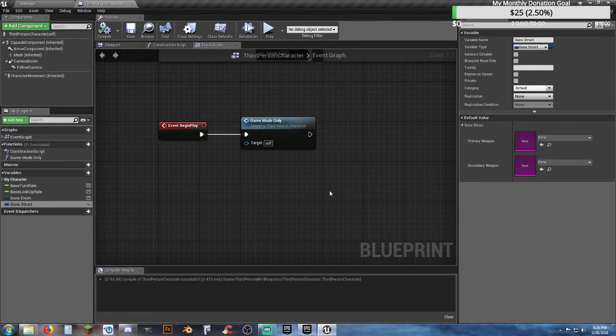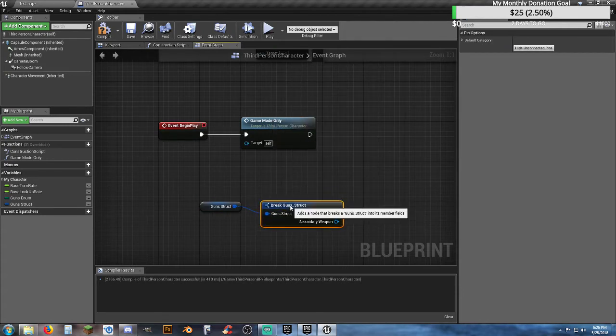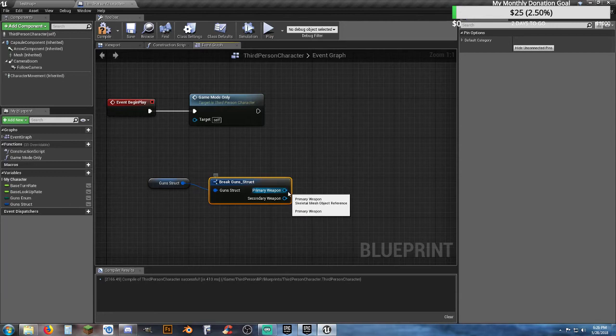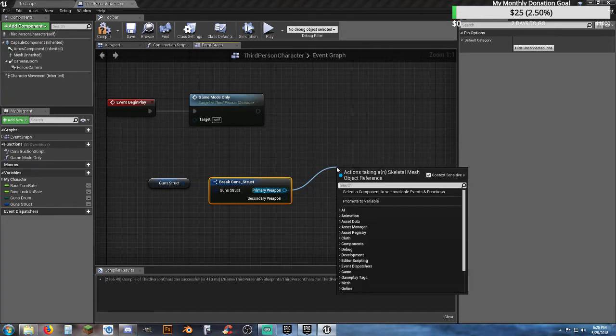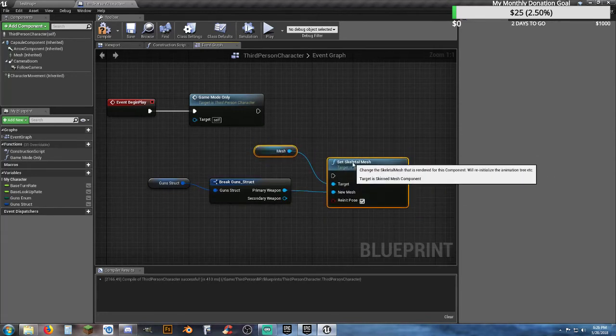Alright, so there is nothing attached to them, so we can actually come in here and pull this, get a reference to it, and then if you wanted to, you can drag out from there, break guns struct, and here's your primary weapon, and you could do a set skeletal mesh, and there